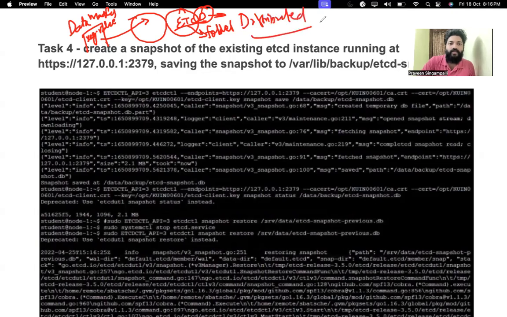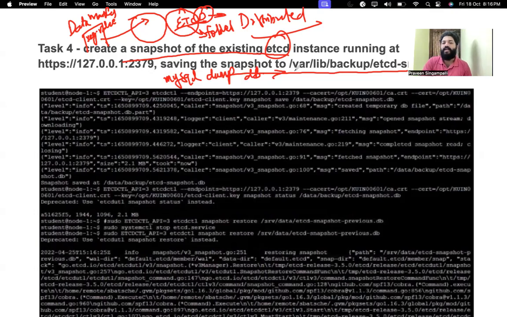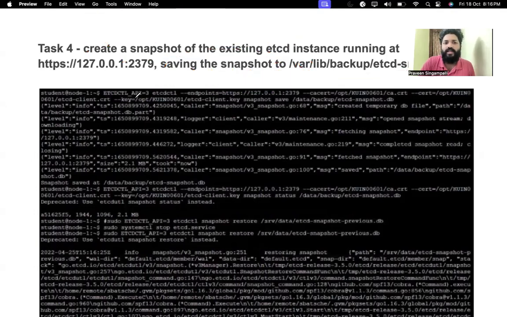Now what they are telling: create a snapshot of the existing database and save the snapshot to this particular backup folder. In any database, for example when you do a MySQL dump, you give the database name and where you want to send the data, the file name. Almost the same here also, because it is a database, the commands remain the same. So how does that command come? You see here,